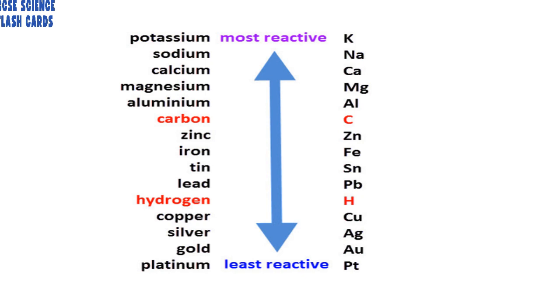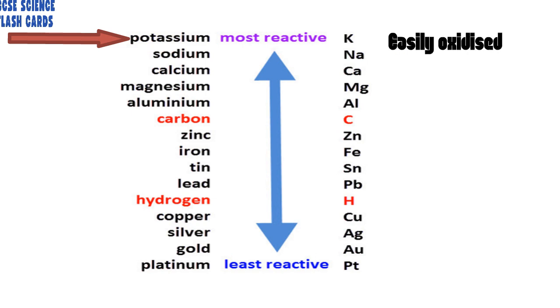as they are nonmetals. At the top of the reactivity series you have potassium, which is the most reactive because it is the most likely to give up its electrons of all these metals. In other words, it is the most likely to become oxidized because oxidation is the loss of electrons, going all the way down to gold and platinum, which don't like to give up their electrons, so they're least likely to